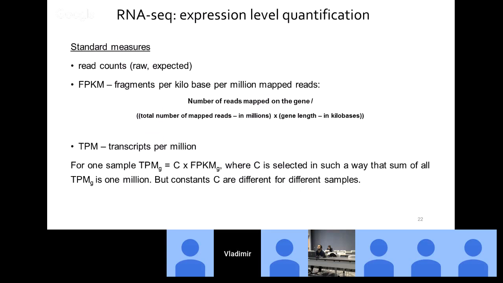Independently of selecting or not selecting some preprocessing steps, we need to discuss what are the standard units for the quantification of genes or isoforms expression levels. So initially, we started with an idea that the more reads we have mapped on a gene, the higher the expression level of this gene is. But let us consider the following